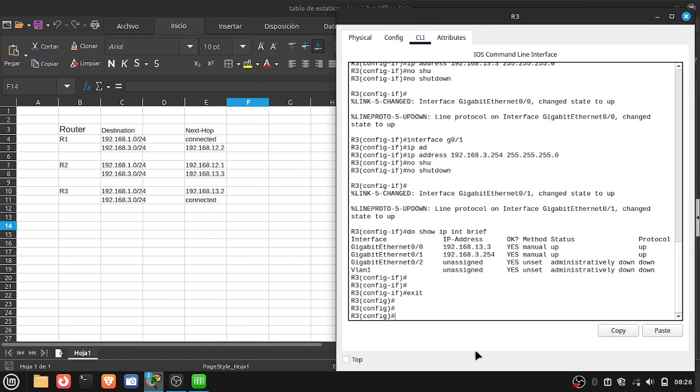R3, like R1, has a directly connected local area network, that is .3. So we don't have to configure that. We only have to tell R3 how to go to the .1.0 network. So ip route